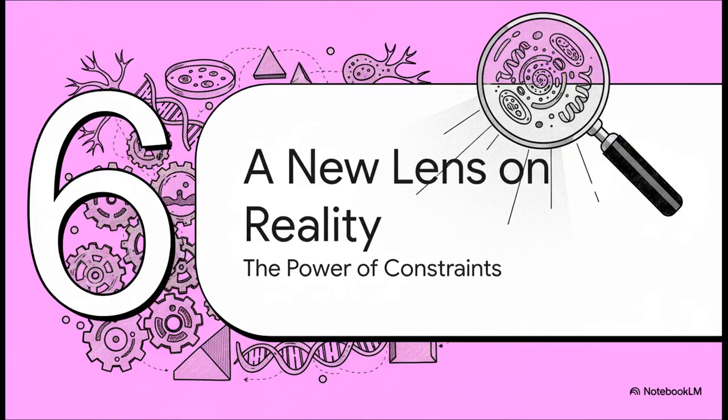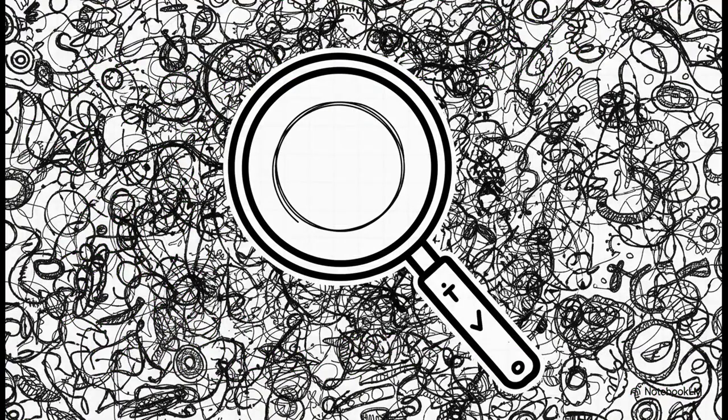So, let's bring it all home. After all of this, what's the big takeaway? What's the crucial point to remember from this whole approach? The real power of axiomatic modeling, at the end of the day, is a shift in how you see the world. It tells us that you don't need to know everything to find the truth. You just need to know the rules of the game. By focusing on what's possible and what's impossible, we can uncover these deep, universal principles that govern life itself. It gives us a brand new, powerful lens to understand the beautiful, chaotic logic of it all.